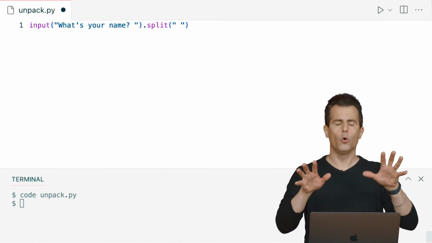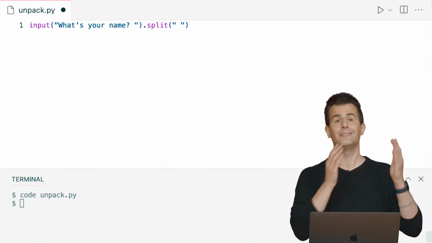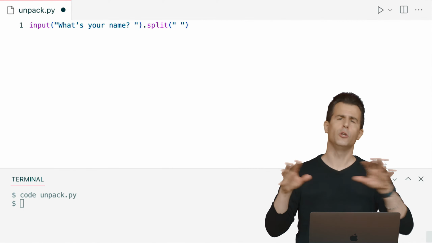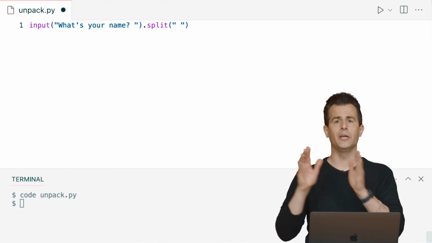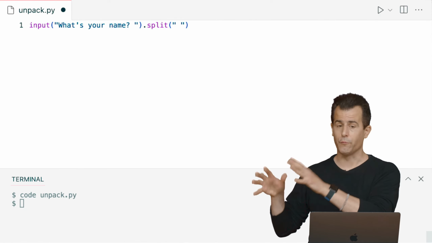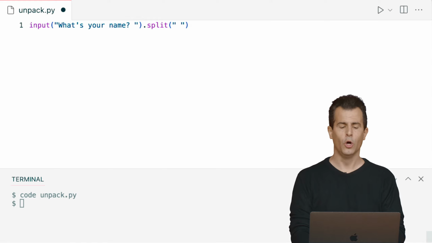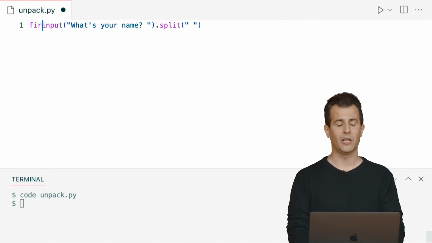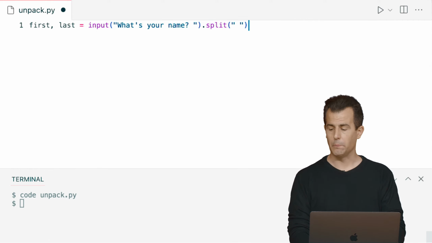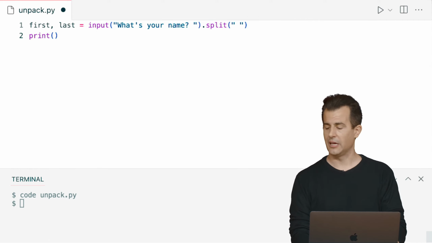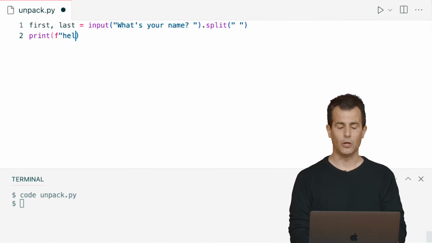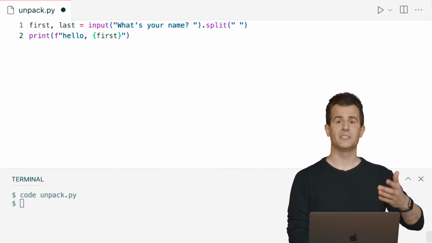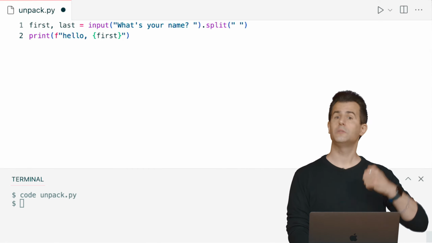So I'm assuming that the only users at the moment are people like me, David Malin, no middle names, no multiple names. It's just one and two, which itself could be buggy for other users. But for now, I'm keeping it simple, just to remind us that I can now unpack that return value with something like first, underscore, last equals the return value of input. And now I can go ahead and do something like printing out with an f-string, hello, comma, and then in curly braces first, if I just want to greet myself or any other user as hello, David,